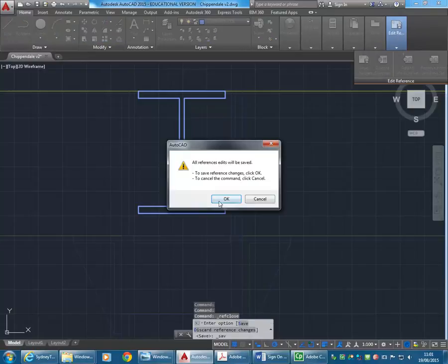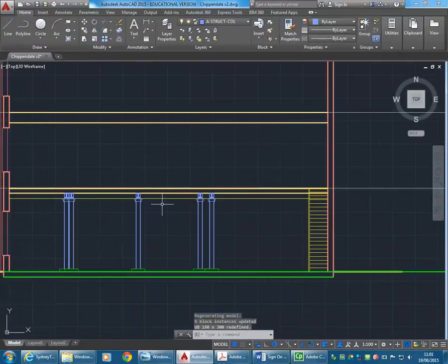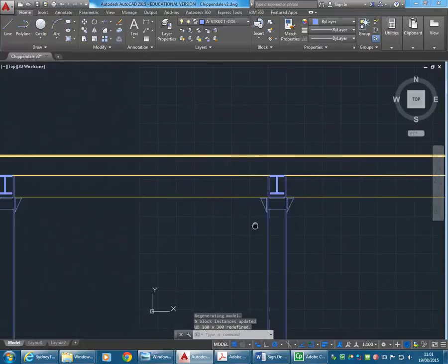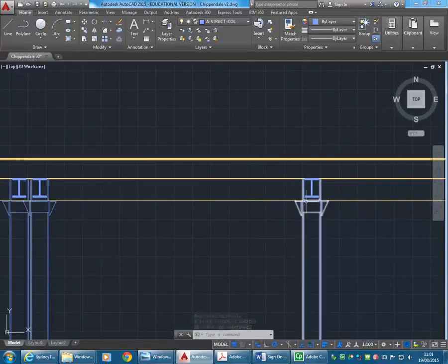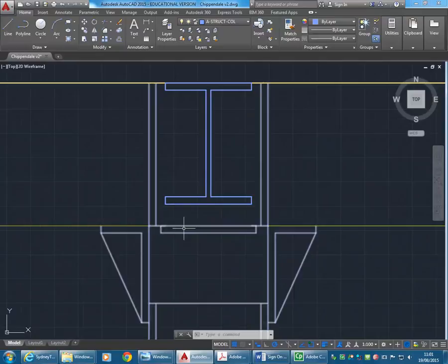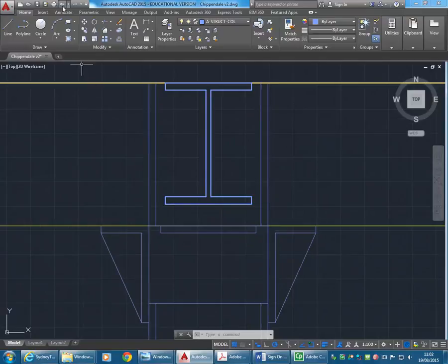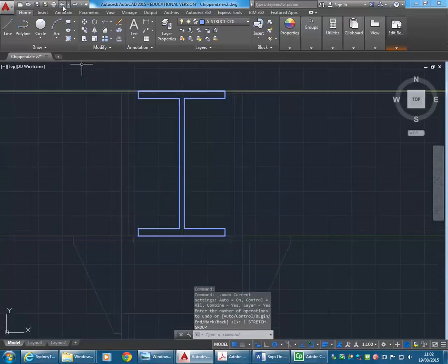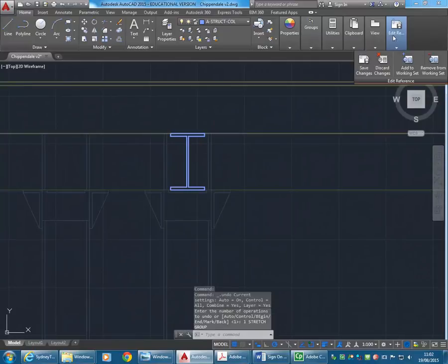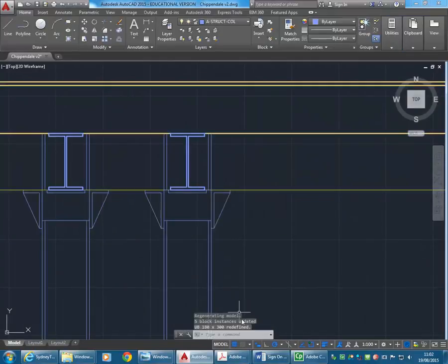So I'll save the changes there, and that should update them all so that they are all raised. But that doesn't really make sense now. Think about it, because we've got this plate here. So I'll undo that, but just so you can see, that would be how you change them. So if you realise later that some of those beams do need to change, or you need to do a smaller one,